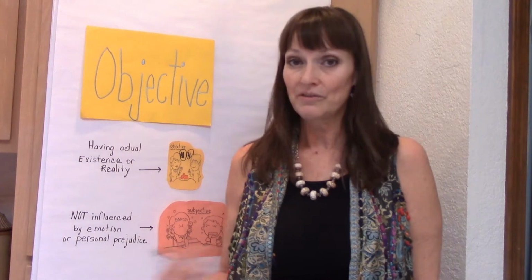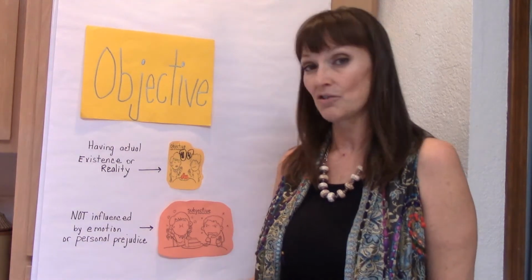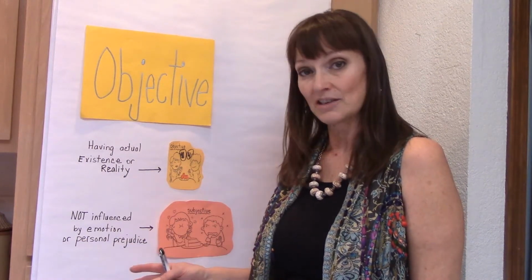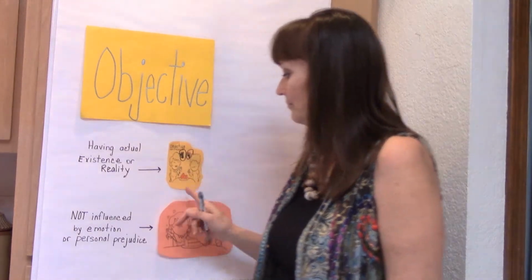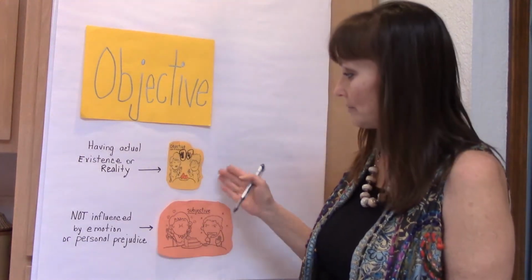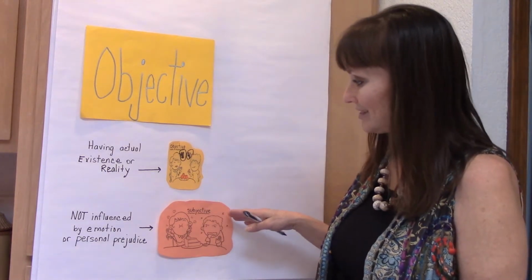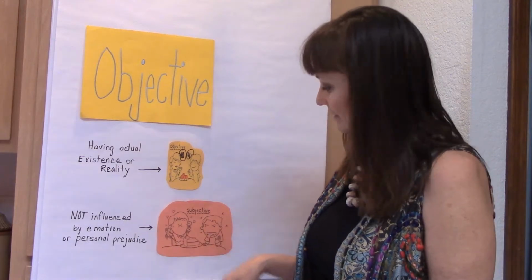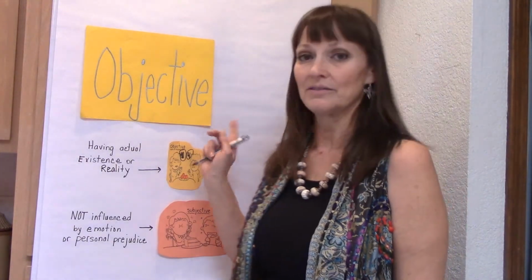So emotion, the way we feel about something, or prejudice, a perceived notion based on our upbringing or what we're used to seeing, that shouldn't influence if we're being objective. So we have objective, where you have a number or something, they are actually oranges. Here it's more subjective, where it's the way you feel about something. Oh, I love this cake, or this cake is disgusting. So it is objective, meaning